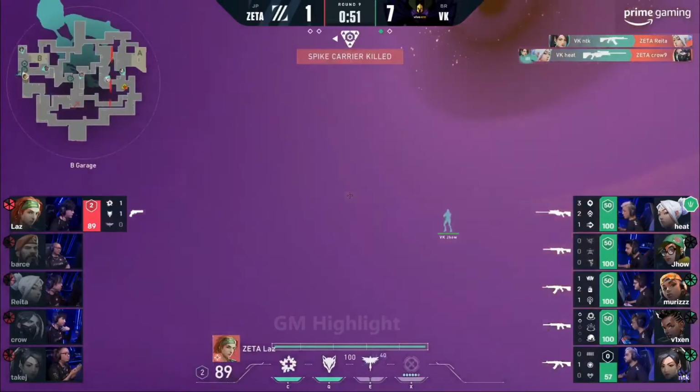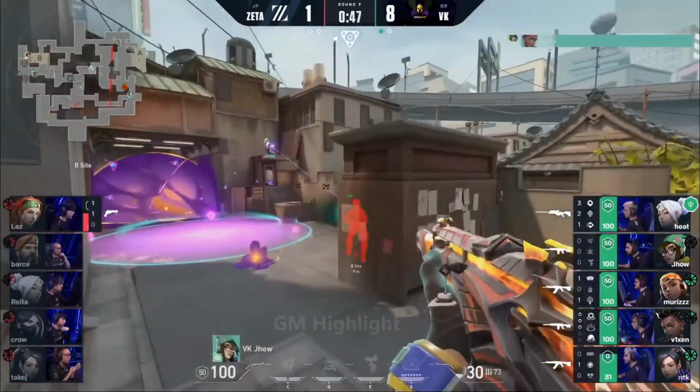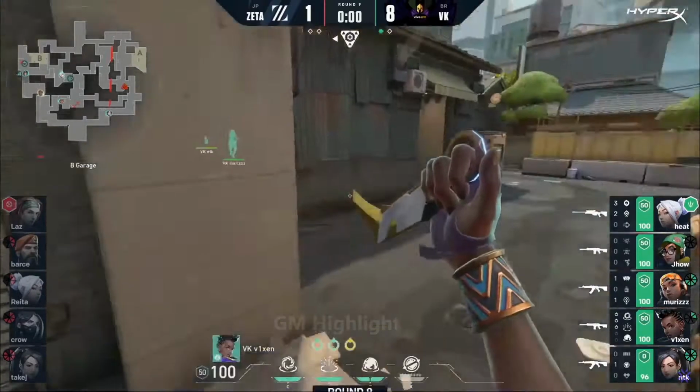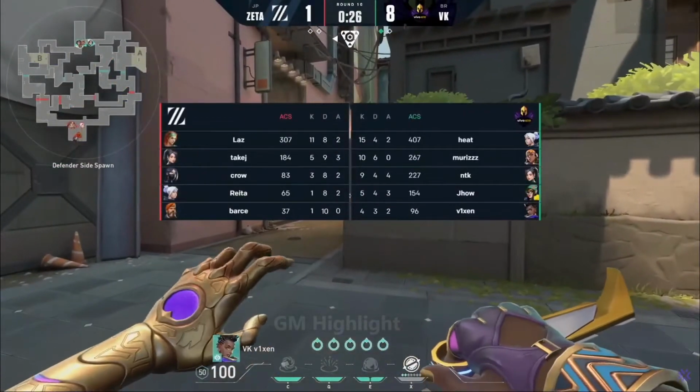Spike down A. Pop flash goes on in. And yeah, already being chipped away at from every single side. And it's a flawless round, a prime gaming flawless round. 8-1 the score. So they're going to be back on a purchase here, but...